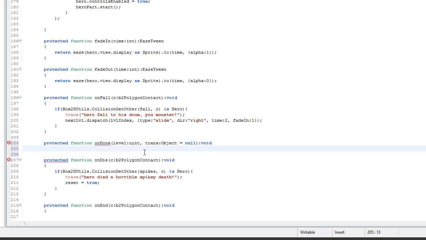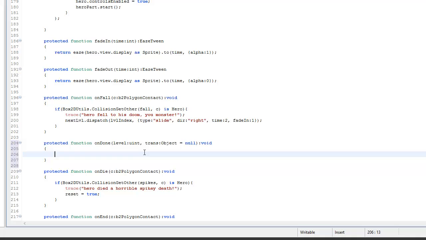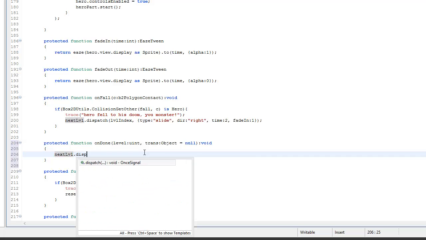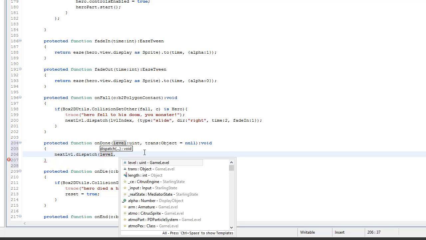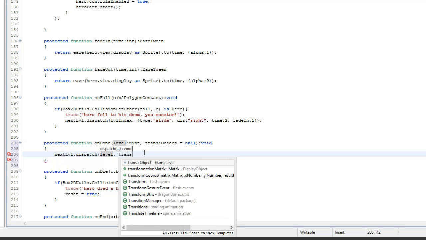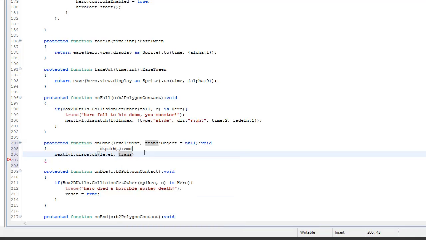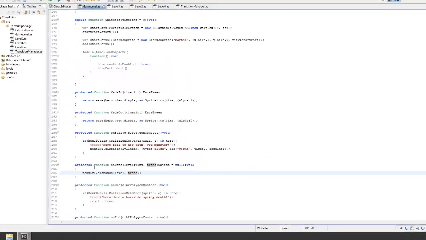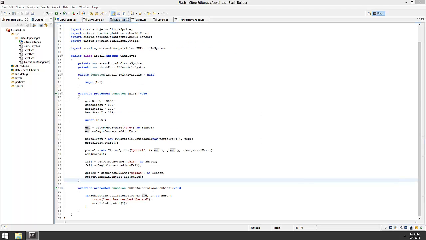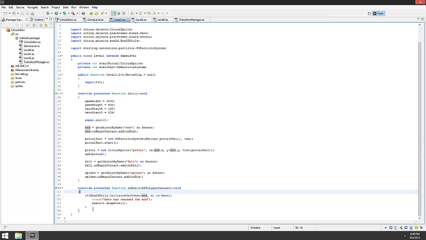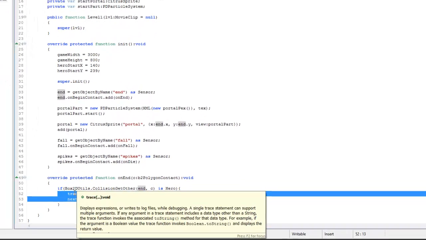Won't return anything. Okay, and what I'm going to do with this level is just do a dispatch. So nextLevel.dispatch, and we'll send the level, and we'll send the object trans, like that. Okay, and this will kind of be a shortcut in our levels. All right, so I'm gonna do